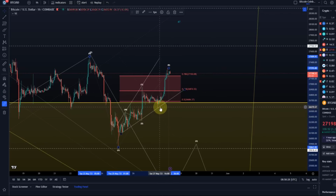And the signal would be either a break of the trend line or a break below the X wave low, which would have been more reliable at 26,360. So that never happened. So the short-term view needs to be, we go with the trend, and the very short-term trend was up, is up, and never broke. I gave you the signal levels that need to be broken so that we can look at the move down,